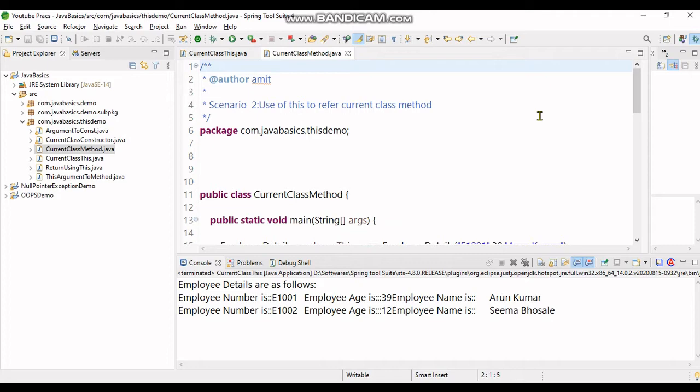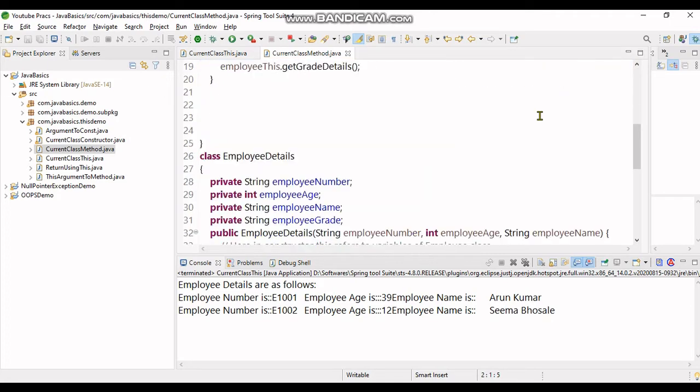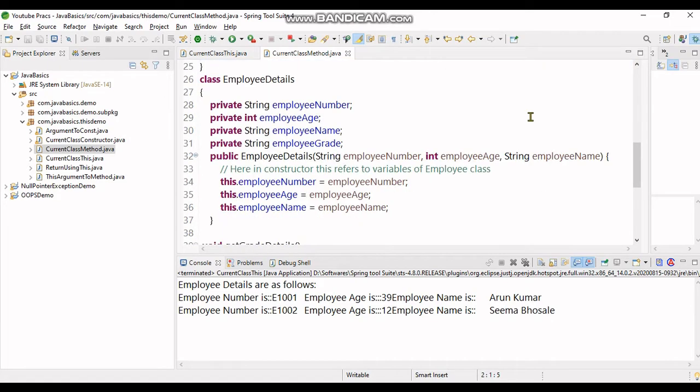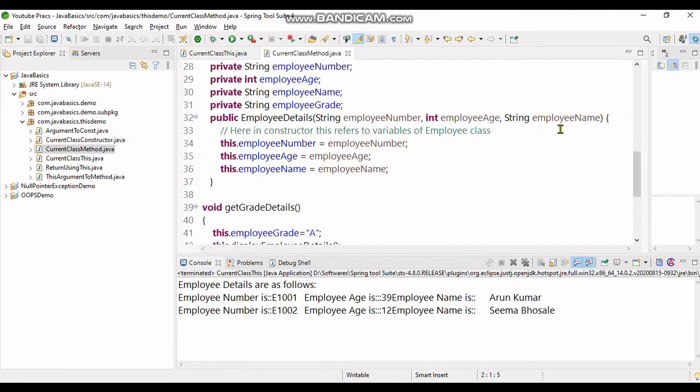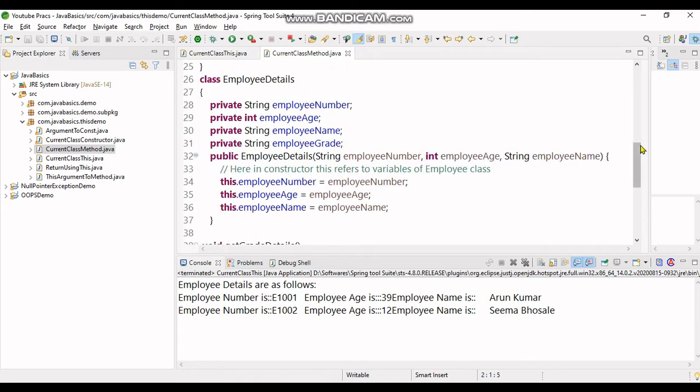Second scenario, use of this to refer to the current class method. Similarly to the last demo, I created an EmployeeDetails class. It contains its own member variables as employee number, age, employee name, employee grade, its own constructor, and again I instantiated it using this.